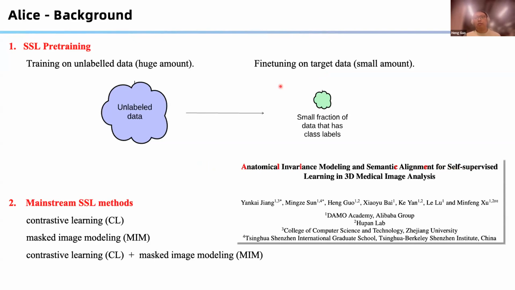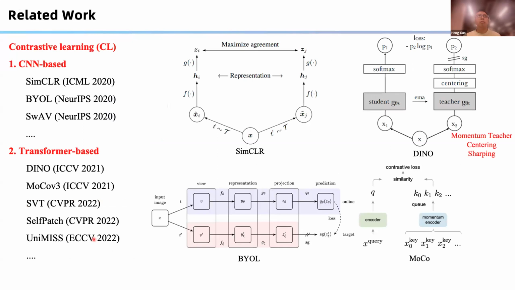During our literature review, we found that recent mainstream self-supervised methods can be mainly categorized into three parts: contrastive learning, masked image modeling, and the combination of both. Next, I will briefly review these works. When we talk about contrastive learning, we cannot bypass these pioneering works. From the perspective of network architectures used, they can be roughly categorized into those based on CNNs and those based on transformers, although there can be other categorization methods as well. Due to time constraints, I cannot go through them one by one, but I would like to mention four notable works: